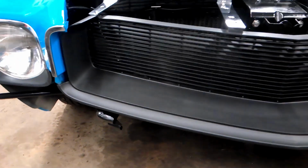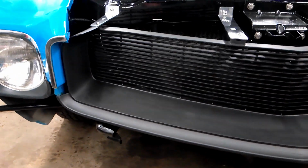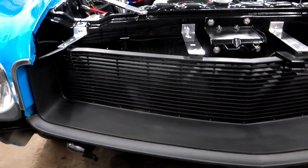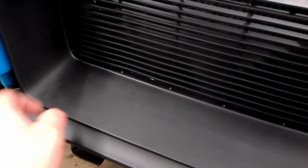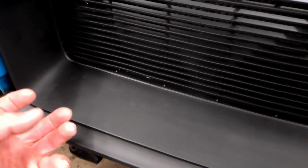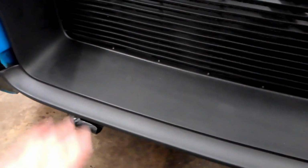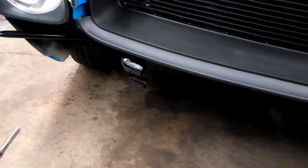All right, so I got the grill all fixed up and I painted it flat black. It was all cracked up in spots. Right here where this bolt is underneath, on both sides, had like this big square crack in it, and I repaired that on both sides, and then painted the grill black, painted the bumper brackets, got them